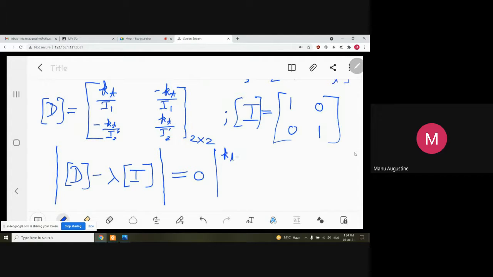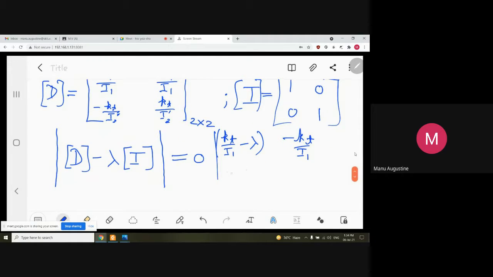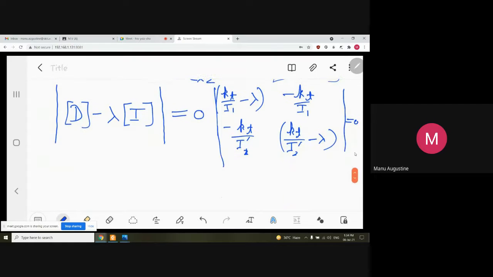This will be kT upon I1 minus lambda, minus kT upon I1, minus kT upon I2 dash, and this will be kT upon I2 dash minus lambda. इसका डिटर्मिनेंट निकालना है और इक्वल टू 0 करना है मुझे। नाउ इफ यू जस्ट हैव अ लुक एट दिस